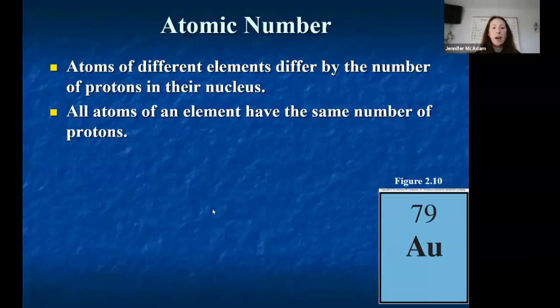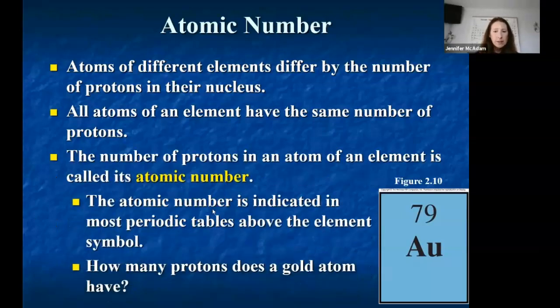Okay, so now, where are protons? If you look at a periodic table, which I have an example of, it's the whole number. So it's the one without the decimal. That's the number of protons. And again, that's what gives the identity of the element. So I have here gold. When I see the number 79, 79 means gold. And when I say Au, Au means gold, but they're interchangeable because, again, the number of protons is what gives